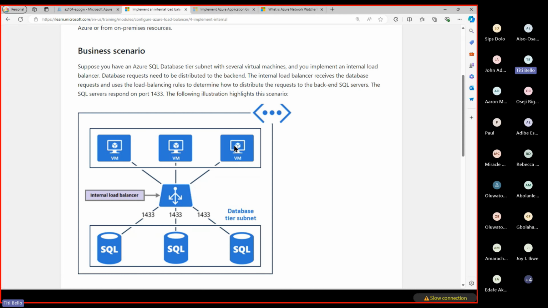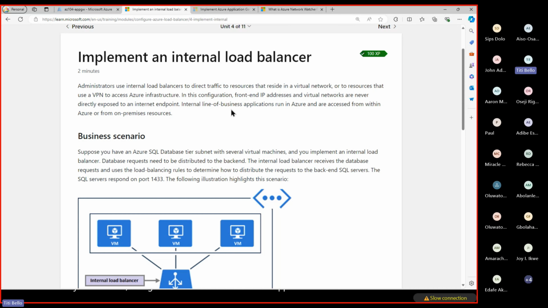The virtual machine then talks to the load balancer, which will load balance that traffic across the different databases that we have. It might not be to load balance just the database. It might be to even load balance the app itself. So that's the way the internal load balancer works. It can be used for things like line of business applications that are hosted internally for internal use purposes. It can be for resources that are behind a single